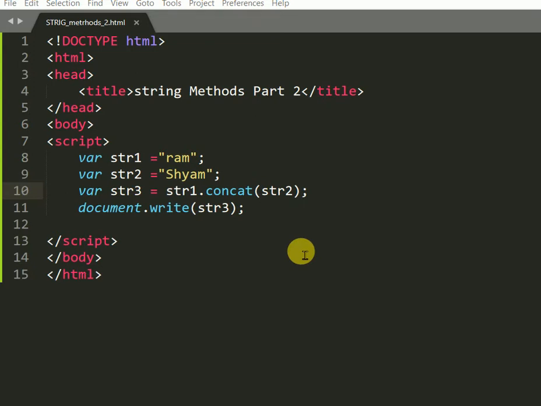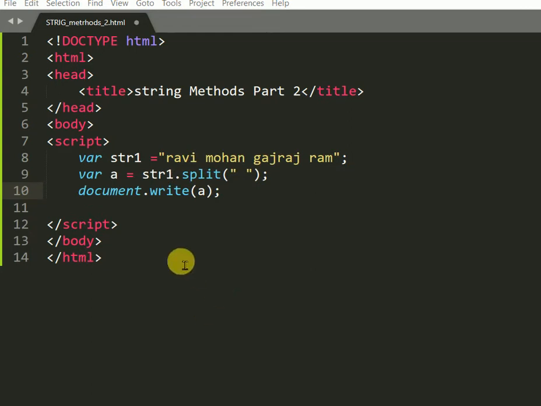Now you will see the split function. Here we will use the split method. So I have taken string 1, in which the string is Ravi, Mohan, Gajraj and Ram. With the help of the split method, splitting on a space, it will return separate strings.